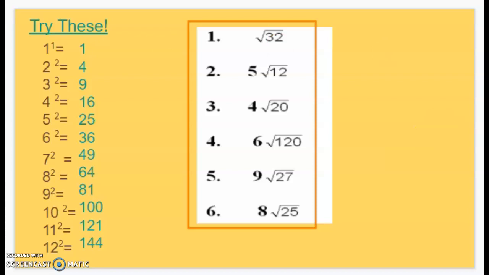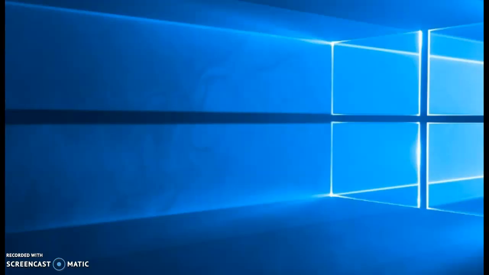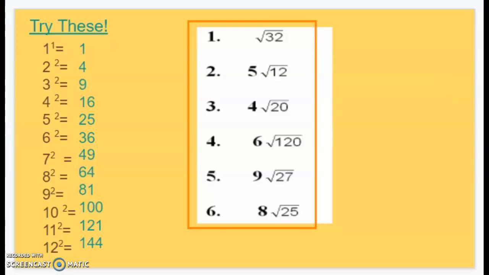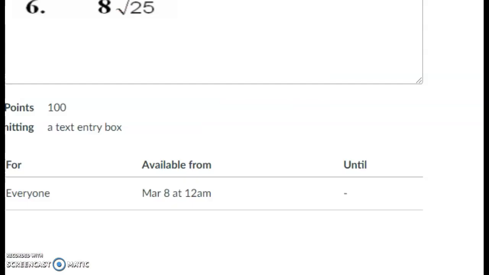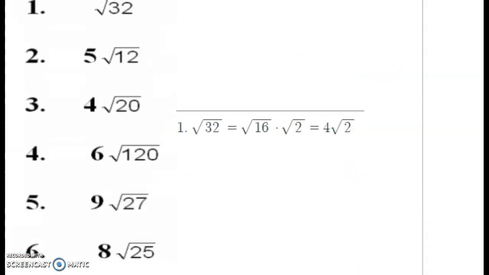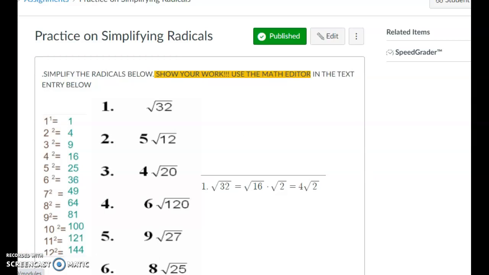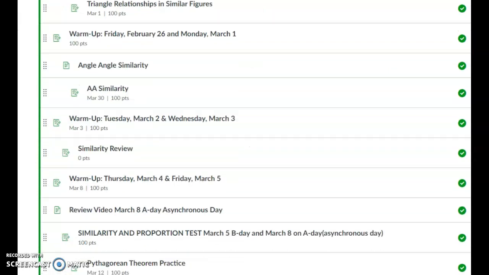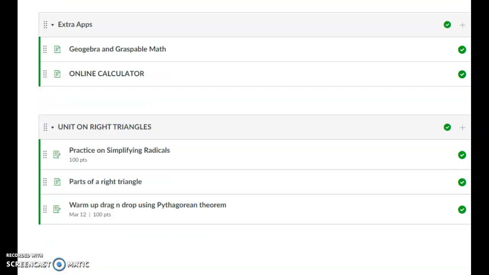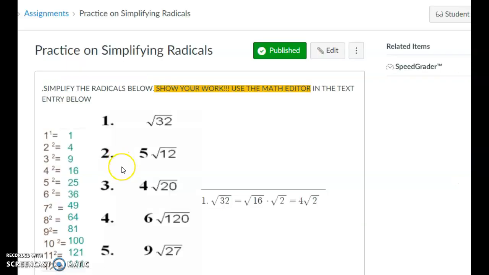Okay, and it's these problems, and these problems, you will be able to find on your assignment in Canvas. Okay, so we'll take a look at those right quick. Okay, in Canvas, if you would just go to your modules, go down to your right triangles, practice on simplifying radicals. Go ahead and press that, and we're going to practice,